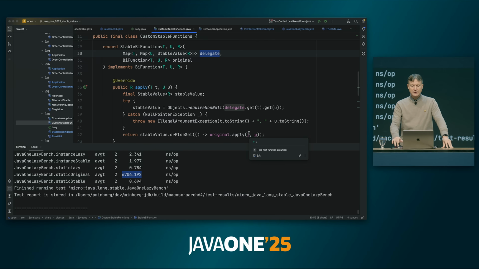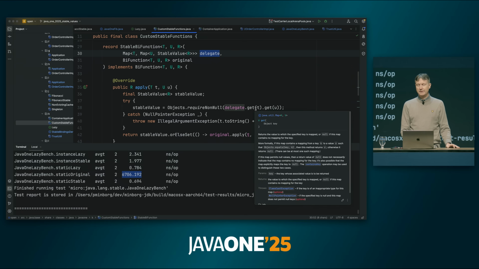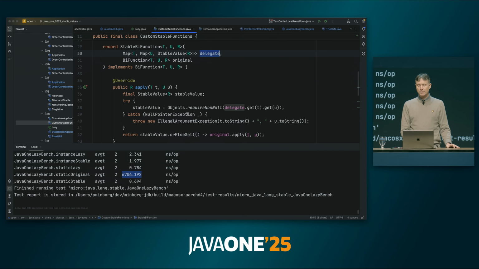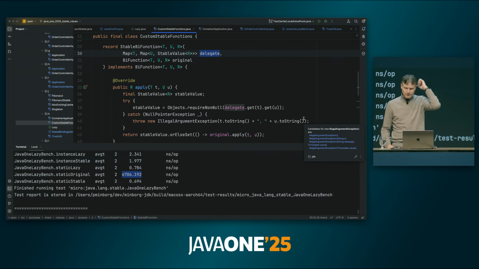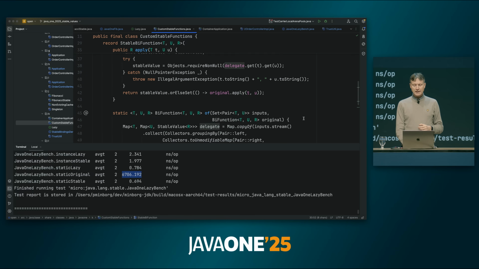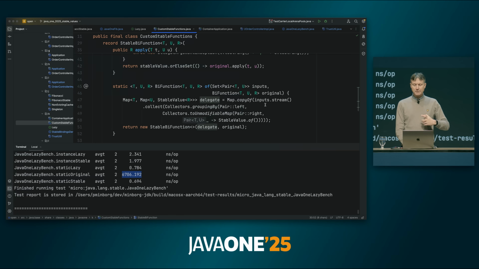So it's pretty easy, and this try and catch stuff is just if this is null, or if this is null, I will get the null pointer exception, and then I know that my T and U wasn't really there from the beginning, because I need to specify up front which kind of allowable inputs I have. And so when I have this one, I only have to construct this kind of mappy map. And I can do that by streaming over all the inputs, extracting the left hand for the first level, extracting the right hand on the next level, and then I just create a bunch of empty stable values